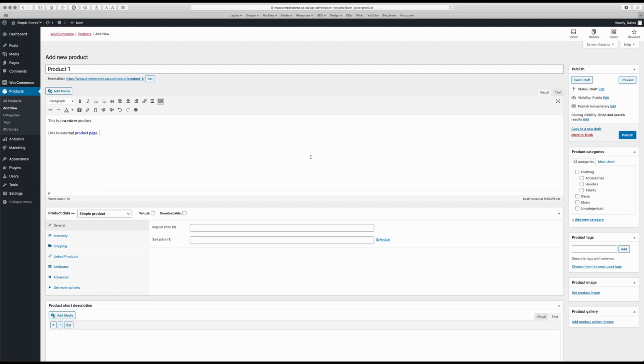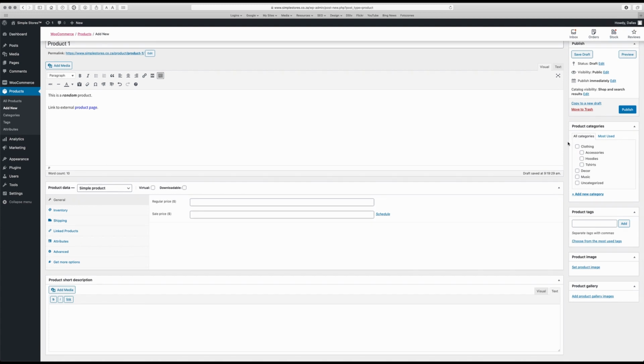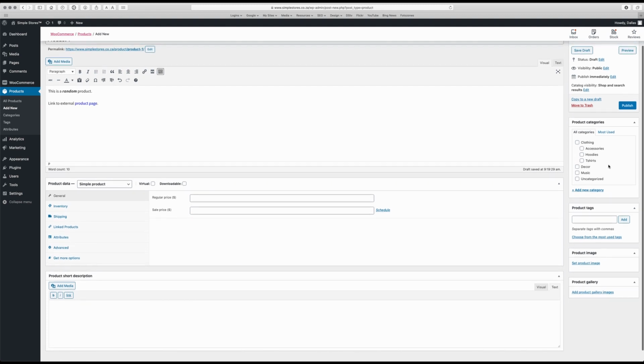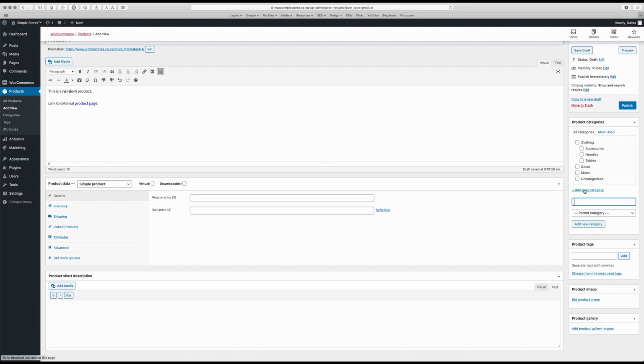Right, now the next thing that I like to do is decide what product category I'm going to file this particular product into. The default installation of WooCommerce has created a whole lot of product categories over here, and obviously these are not relevant to your store. Maybe they are, maybe they aren't. But what you can do is add as many categories as you like. So I'm going to just say